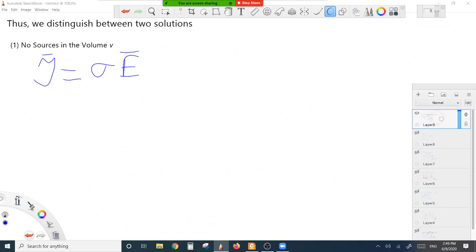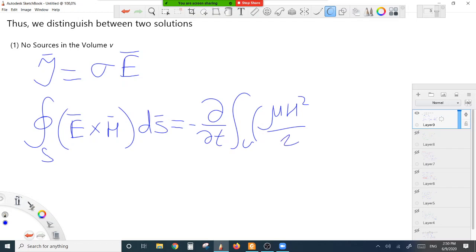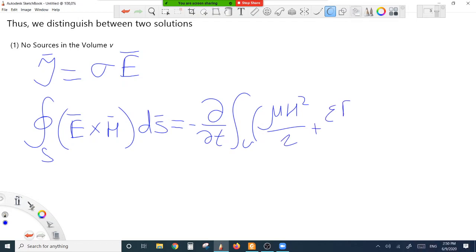Now Poynting's theorem will become: the integral over the closed surface S of E cross H is equal to minus d/dt of the integral over V of mu H squared over 2 plus epsilon E squared over 2 dV,